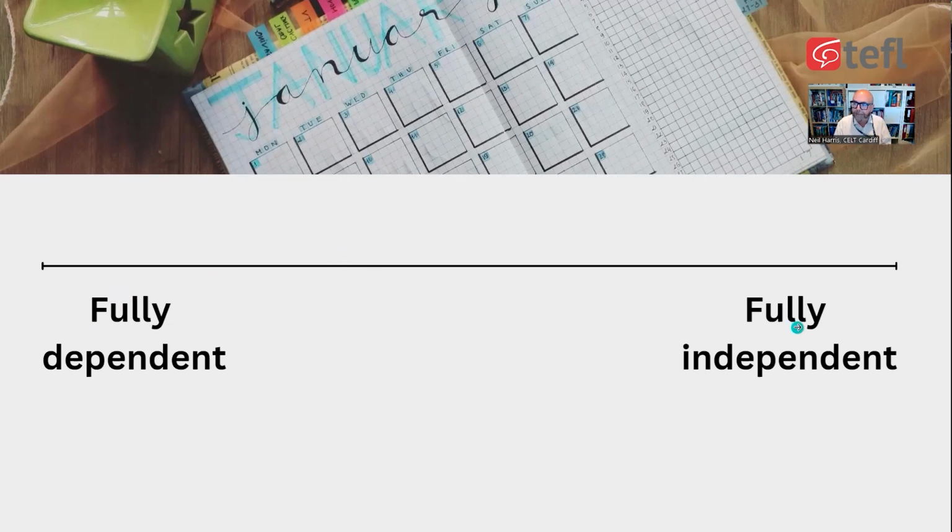On the other hand, we have the fully independent learner, the student who has all of the strategies and the right strategies in place to be successful, and then is using them in order to make the most of their free time to improve their English. This doesn't mean that they're sitting in front of a book studying all the time. It might be that they're going to the cinema and they're watching films in English. They're listening to their favorite music in English. They're gaming in English. But whilst they're having fun, they're also using English and indirectly, implicitly learning from it as a result.